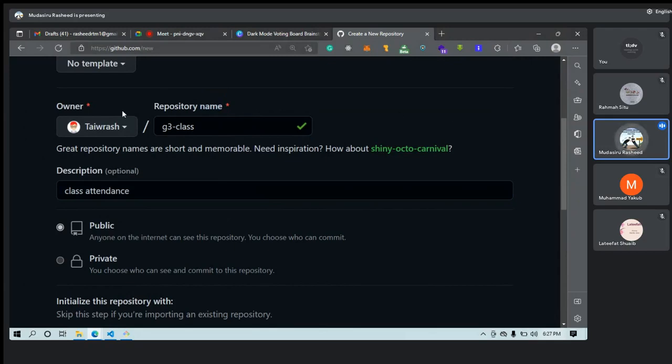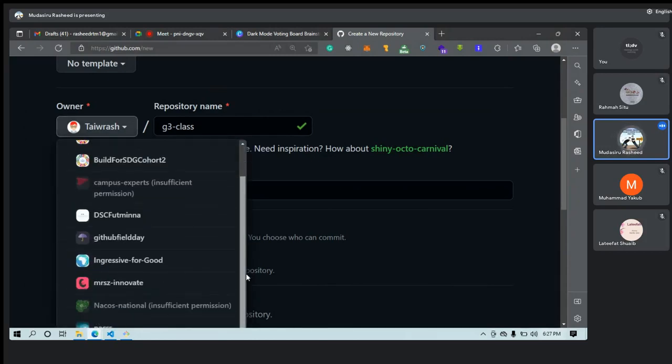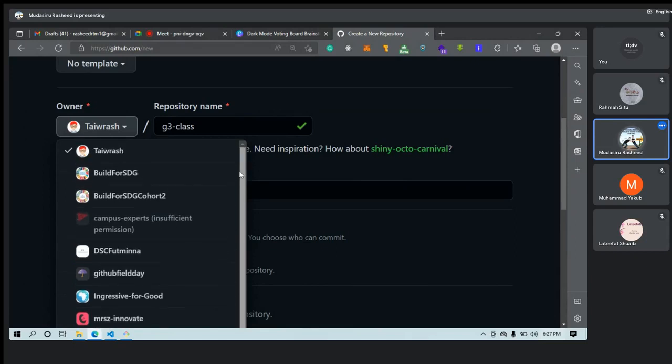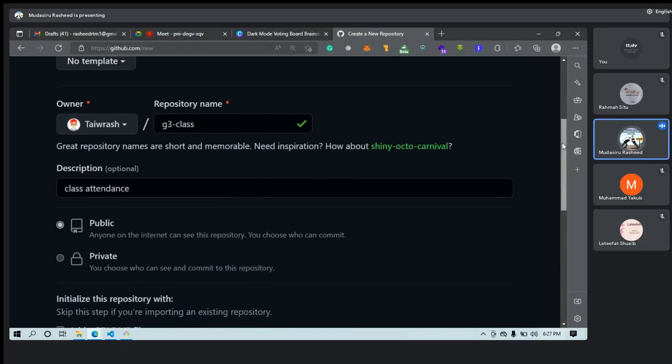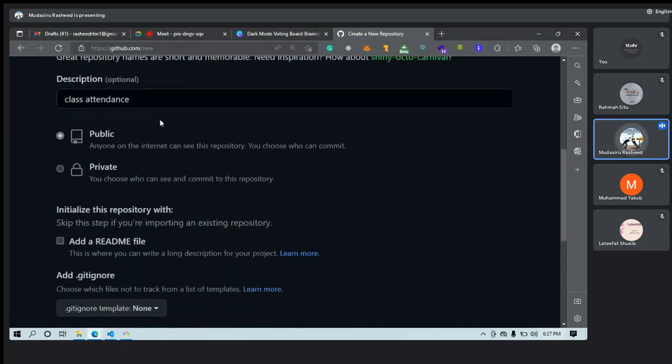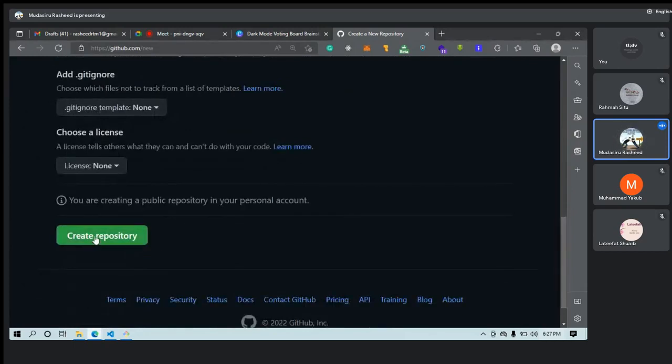Now, if you belong to many organizations, like work with organizations that have created their own organization repo, you'll be able to change from them, choose from the list you have. You can see these are the list of organizations I have on my own. But you may just have your username there with your avatar. You can make it public or private. If you're making this public, you can initialize with a readme, but for now I'm not initializing that. I'm leaving it there by default and click on create repository.